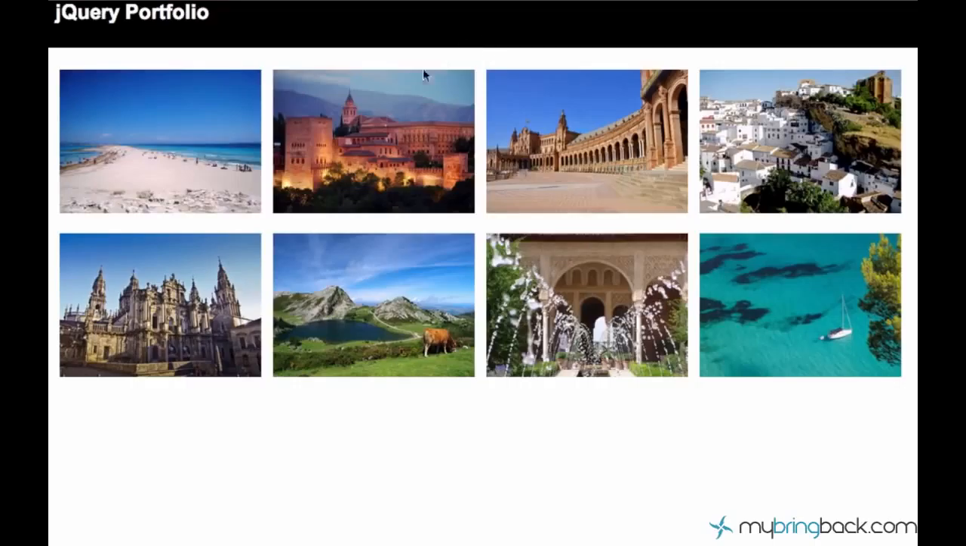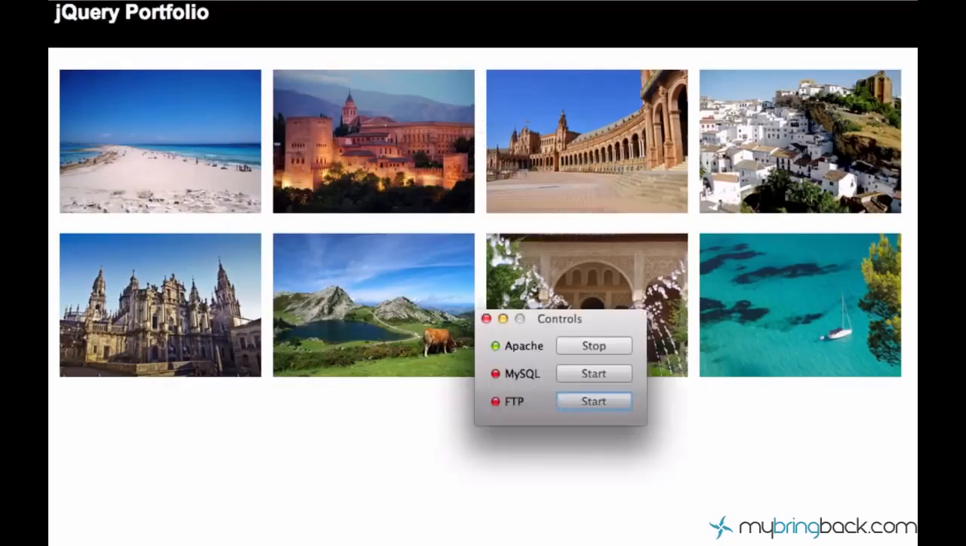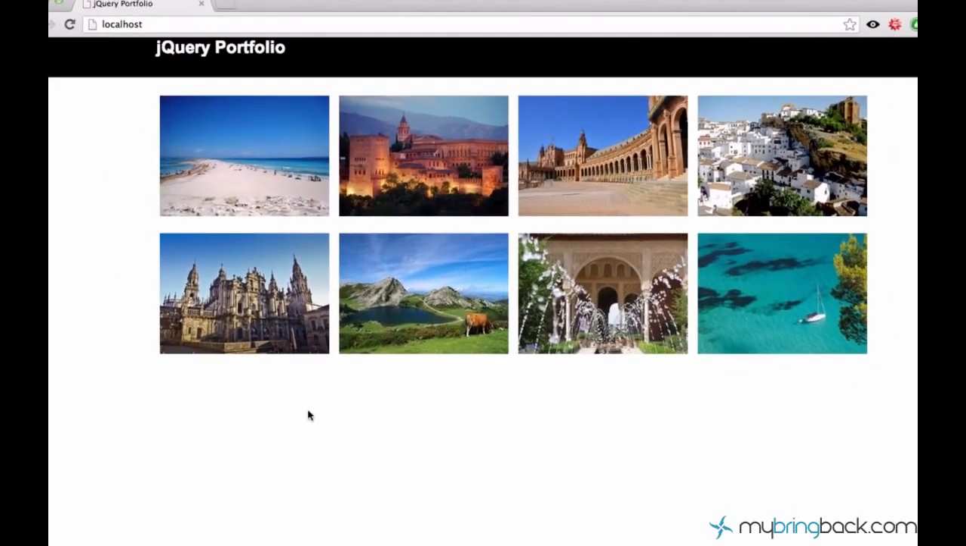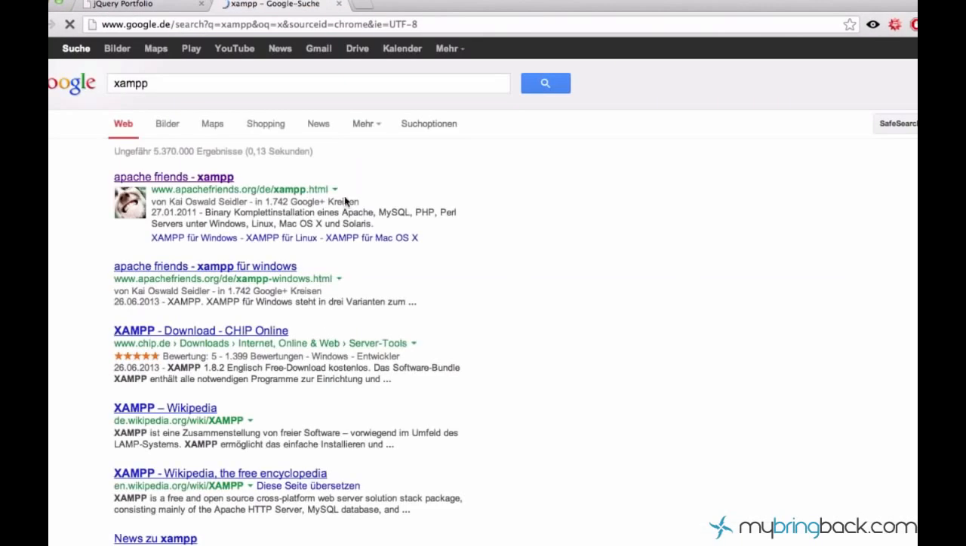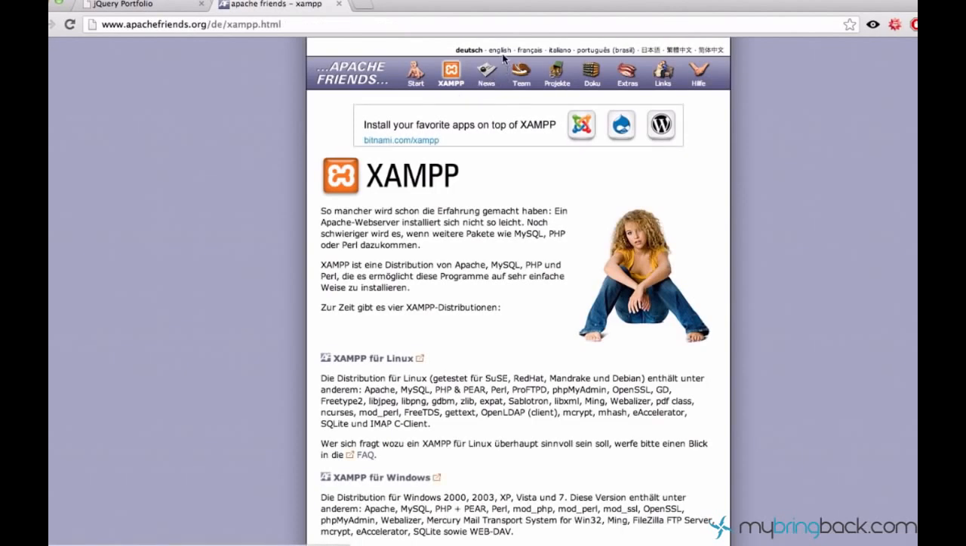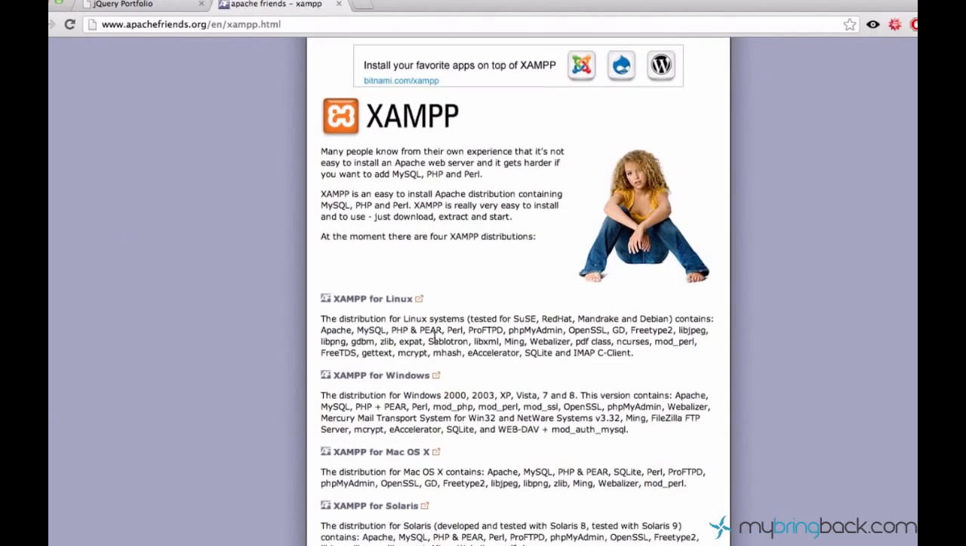And I have a great solution for it. I'm running a localhost, just a local Apache on my computer, and I have this XAMPP tool. And XAMPP is a very good thing. So let's just go ahead and Google for XAMPP and click the first result, which is apachefriends.org. I make sure I go to the English version of this website. So XAMPP provides you a